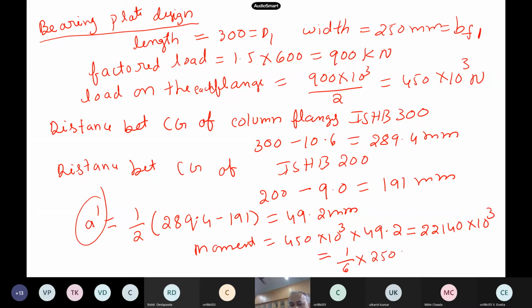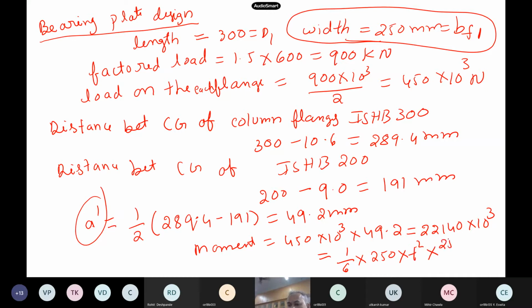The breadth of the flange is 250, so 250 into t square, multiplied by 250, the yield stress of the steel, with the partial factor of safety of 1.1. Solve this equation and I get the thickness of the bearing plate as 48.35, which we round up to 50 mm. So the bearing plate has length 300, width 250, and thickness 50 mm. This is how we provide the bearing plate design.